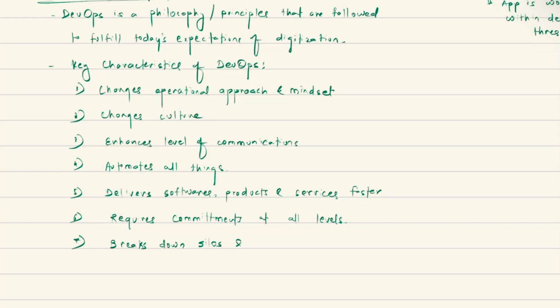And it improves the collaboration. A silo is whenever there is a gap of communication between teams. So the development team does not interfere in the responsibilities of operations, and vice versa. That's called a silo.